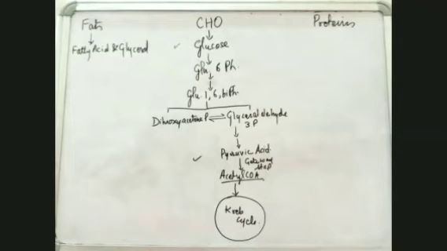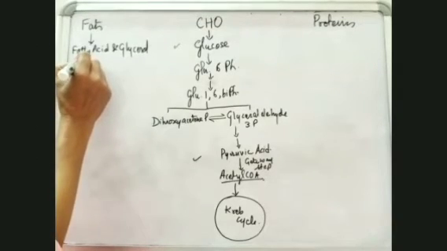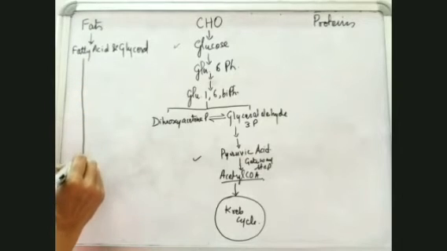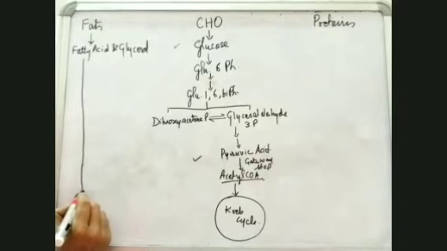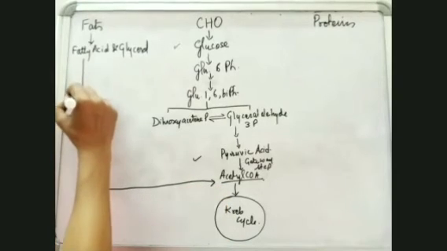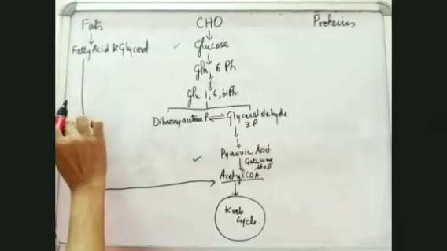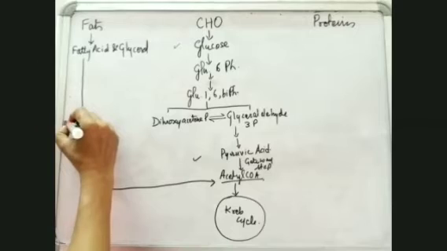Now, out of these two, fatty acids and glycerol, fatty acids go one way and glycerol goes the other way to produce energy. What happens? These fatty acids undergo beta oxidation, and as a result they form acetyl coenzyme A. So here they have gone, and from here they enter. So they undergo beta oxidation. I'm writing here beta oxidation.